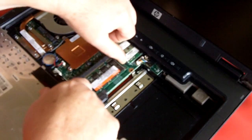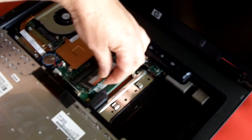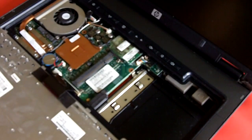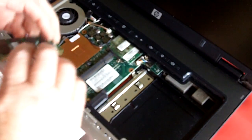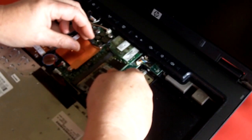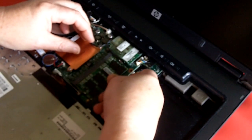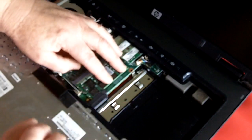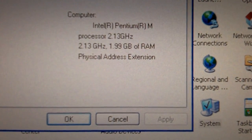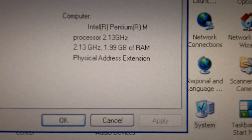Here's the memory module. Snap this. This is the other 256 megabyte module. Get rid of that. Here's our new module. Slip it in at an angle, push it down. New memory modules in place. And here we booted up, and as you can see, we've got a 2.13 gigahertz processor and 2 gigabytes of